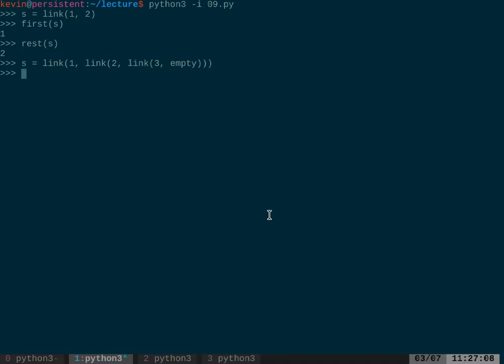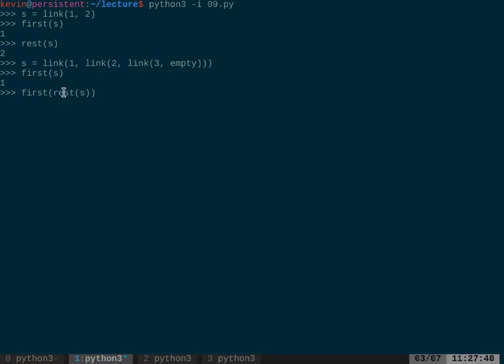Because if we notice here how this function call unravels, how we execute this function call, is by saying the operator is the function first, and the operand is this call expression. So we have to evaluate the operand, which requires evaluating the operator, which is the rest function, and the operand, which is S. So really the first call I make is to apply this rest of S call. So rest of S gives us this part, the rest of it.